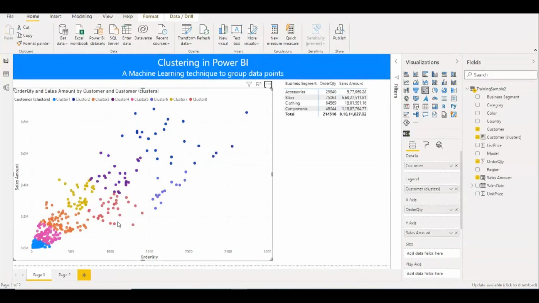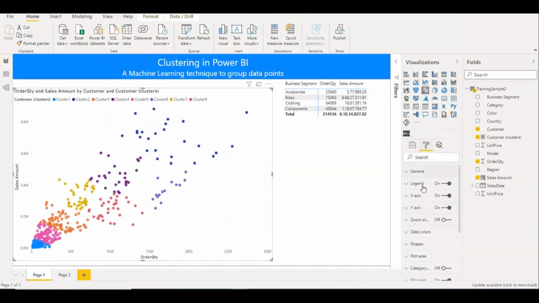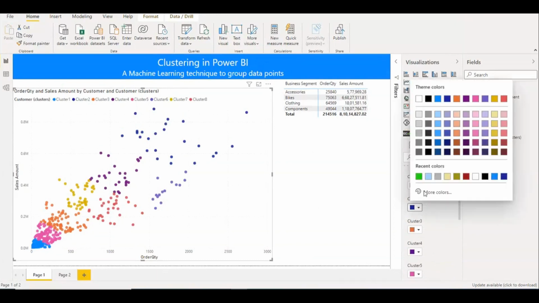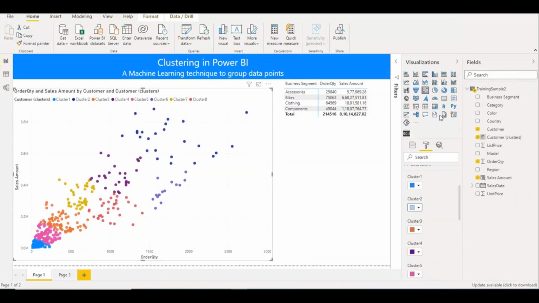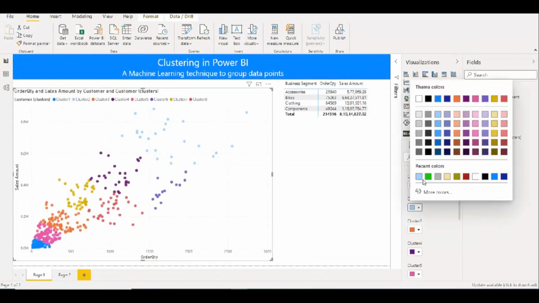So here the clusters are generated. Some colors look similar, so let me change the colors so we'll understand much better. Select a very light color, and we'll select some green color.